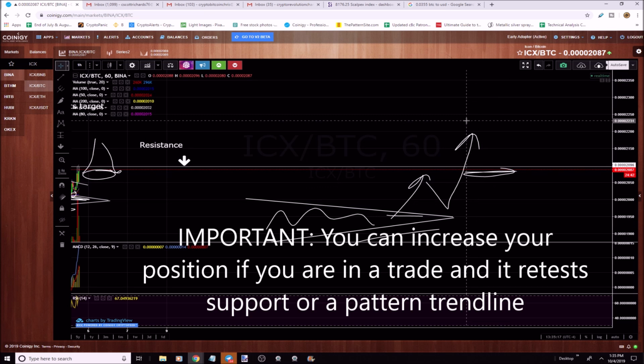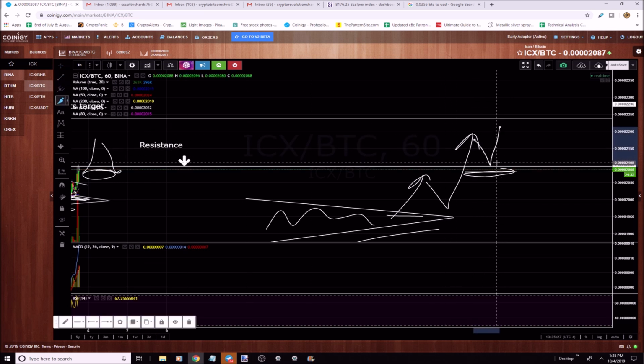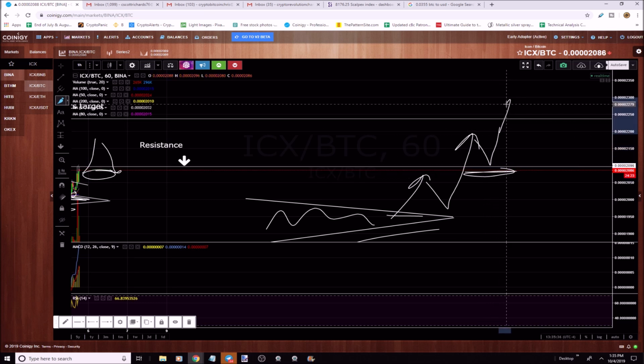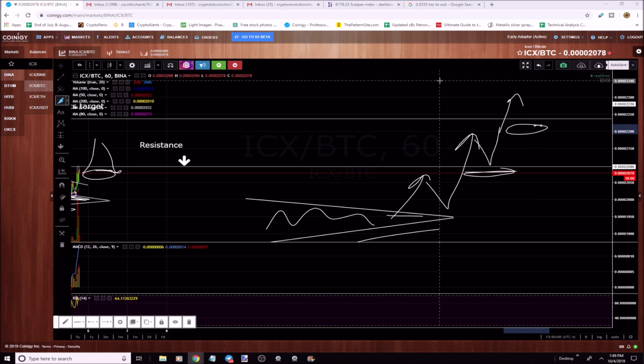If there's more resistance up here, remember Alt-H makes a horizontal line. If you get another retest, well, hey, if it respects this support level, which was previous resistance, that's okay. You don't get stopped out. But let's say it breaks above here, and again, you move your stop loss up. And so when you take profits, it doesn't always have to be, hey, let me sell this coin. It could be, hey, let the price action decide, if it pulls back below some major support. So if it pulls back below this support level,